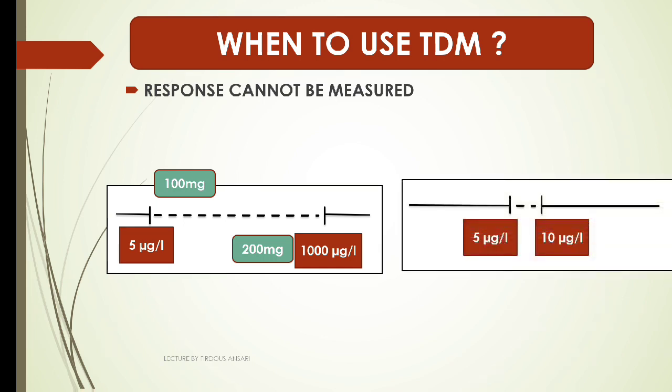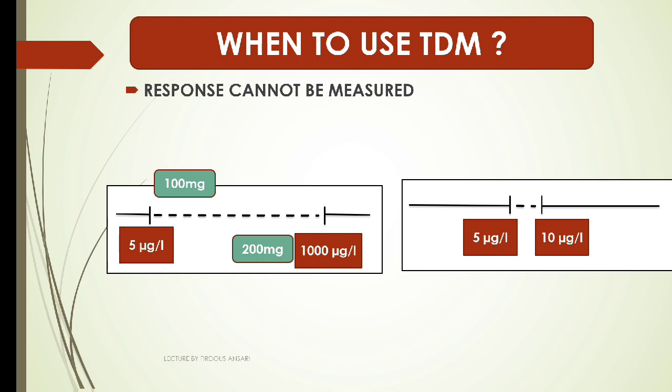But there are a few drugs that have a very narrow therapeutic index, like over here. Any drug which is producing a plasma concentration of more than 5 microgram will be producing some kind of response. But the limit is very narrow. The plasma concentration should be less than 10 microgram, because if the plasma concentration goes more than 10 microgram, it is likely to produce some kind of toxic effect.